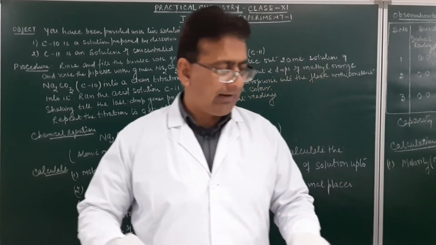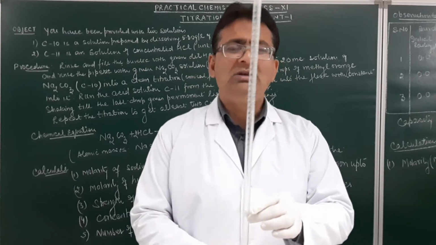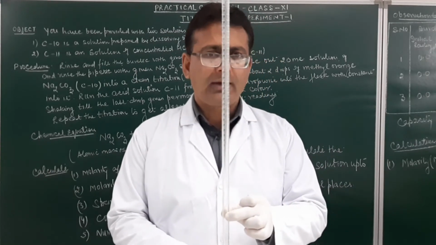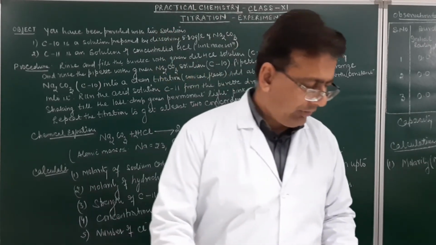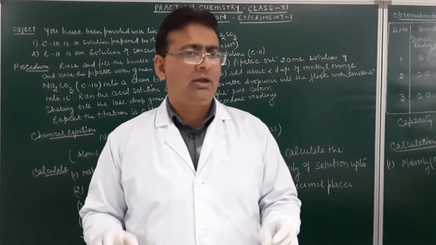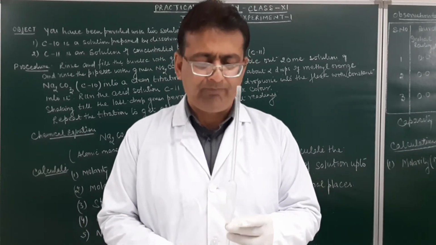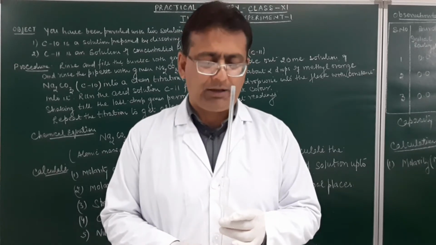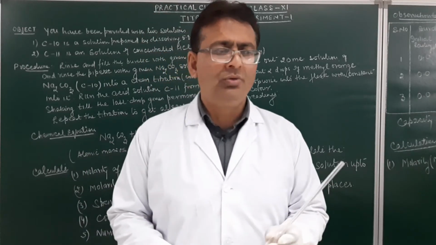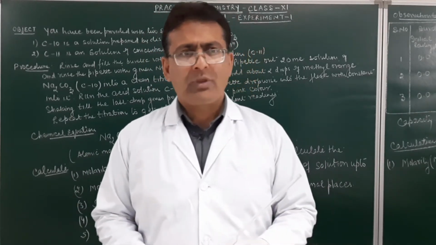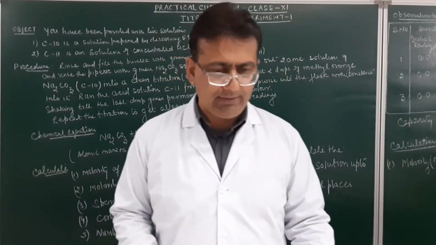So I'll just once again let you get accustomed with the apparatus that we are going to use. This is a burette. Am I clear? Which is marked from 0 to 50. This is a pipette. It can be of 20 ml capacity or of 25 ml capacity. In today's experiment, I will be taking it as a 25 ml capacity pipette. But when you come to the lab, we may give you a 20 ml capacity pipette. You have to carry out the calculation accordingly.